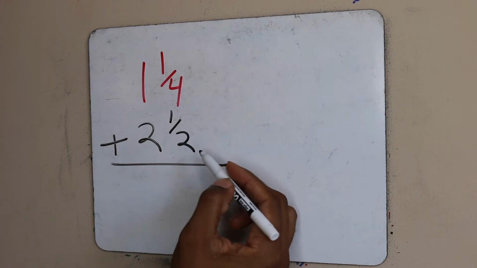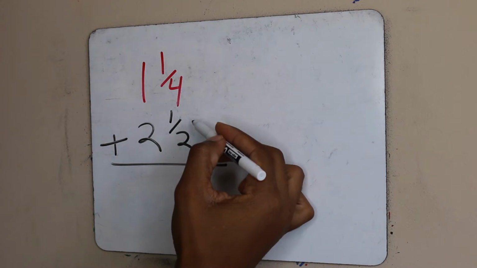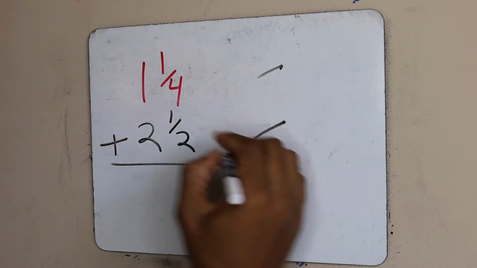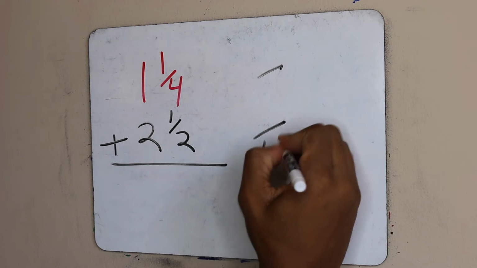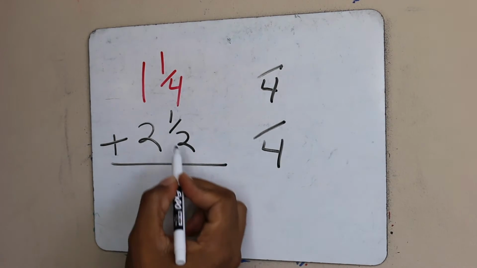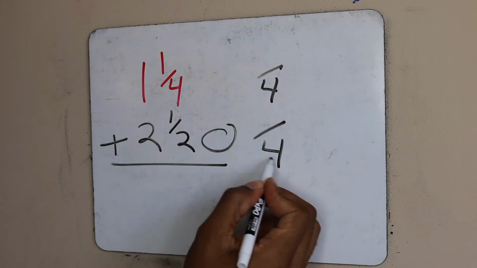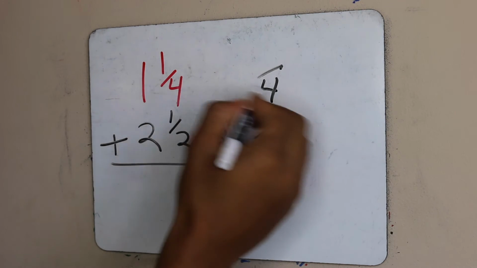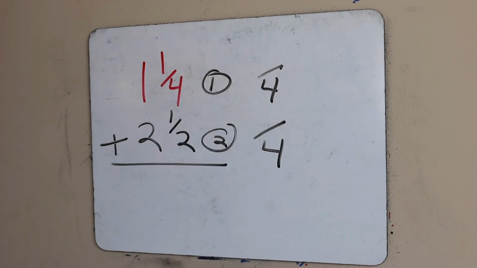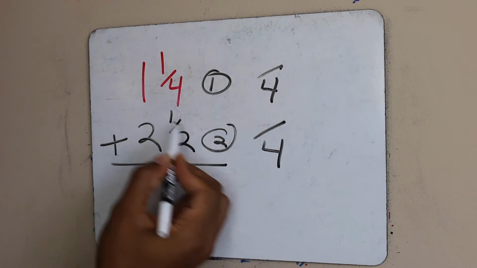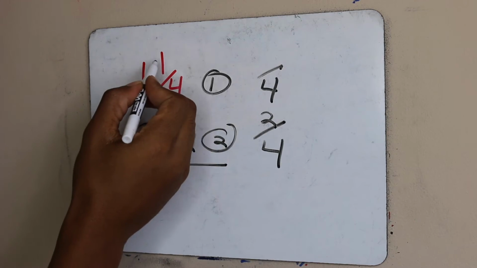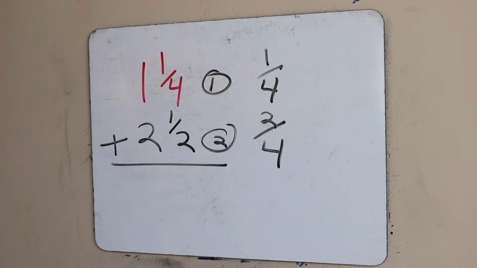So the first thing that we need to do is set these fractions equal to each other. So the highest number here we have is 4. 2 times what equals 4? 2 times 2, okay? 4 times what equals 4? 1. Okay, so now we go 2 times 1 equals 2. And 1 times 1 equals 1. So if we add all that up,